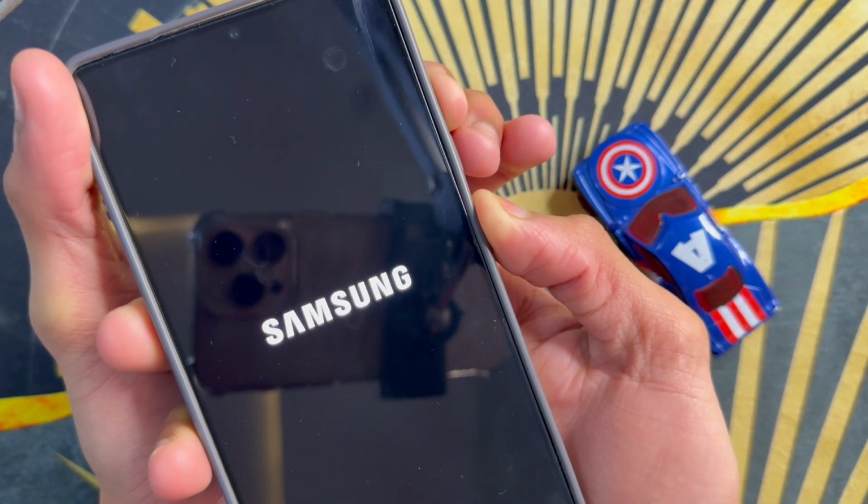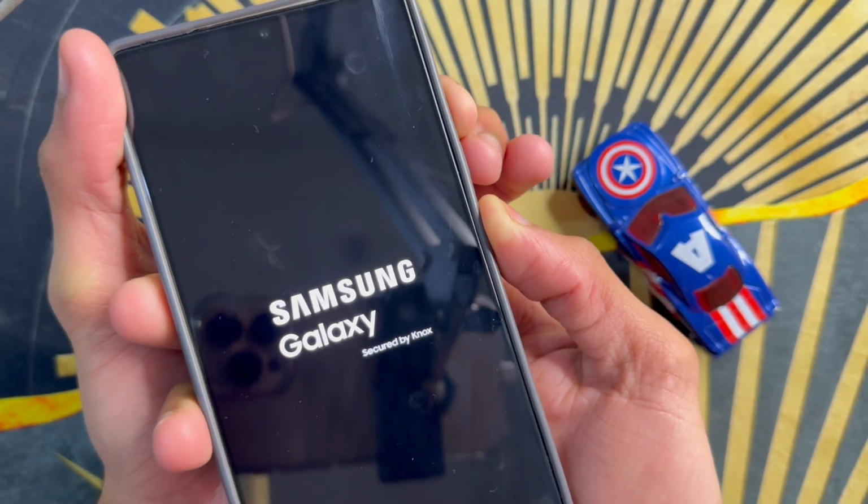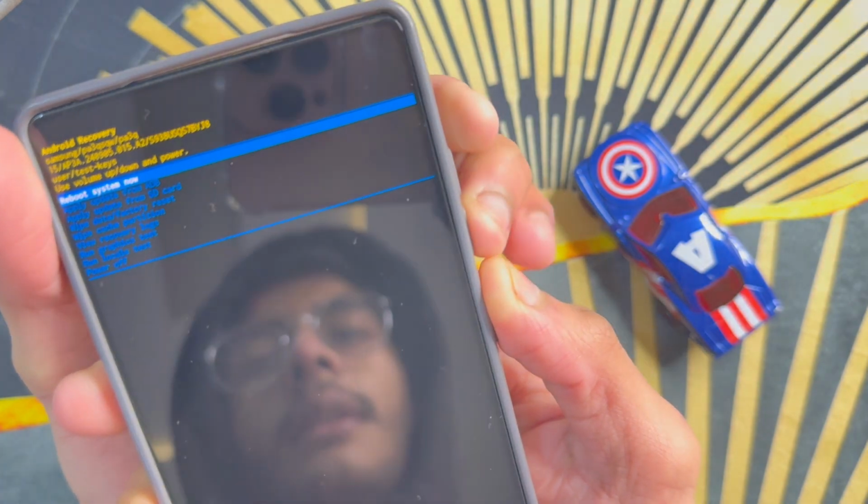After you click and hold the volume up button and power button, you will see